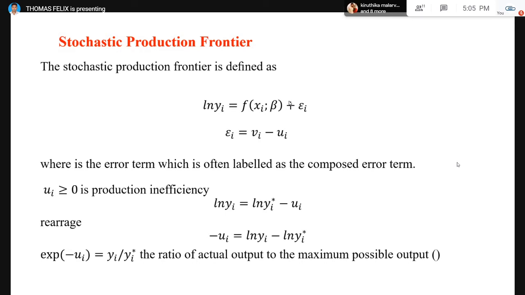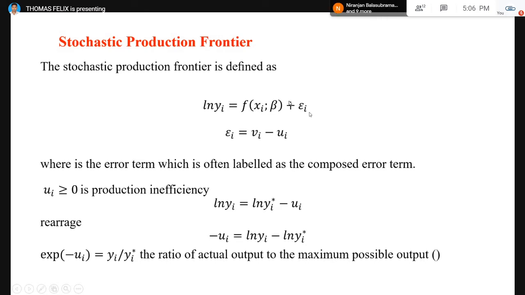So that is the random error. So usually we can split the error. Here you can see ln of y, that is nothing but yield is a function of x, which is nothing but inputs, plus this random term, that is error. So the yield can be influenced by inputs which are included in the model and inputs which may not be included in the model. So this error may be random error.